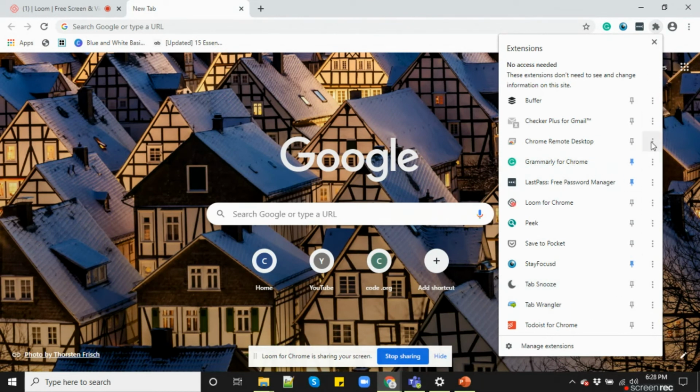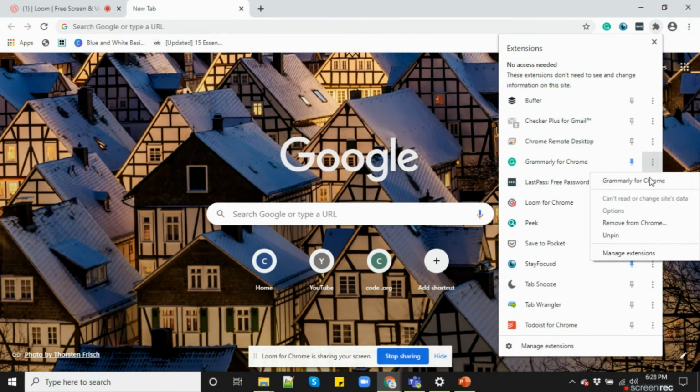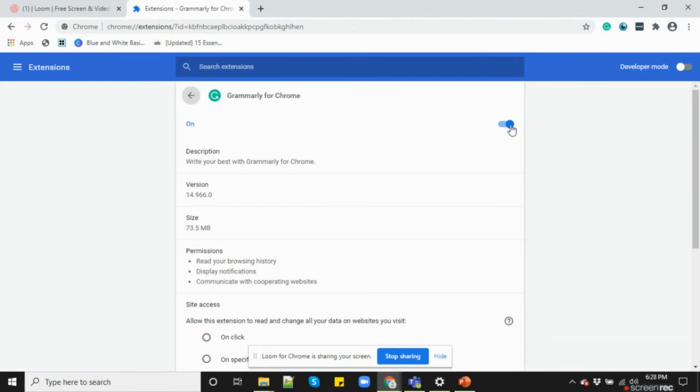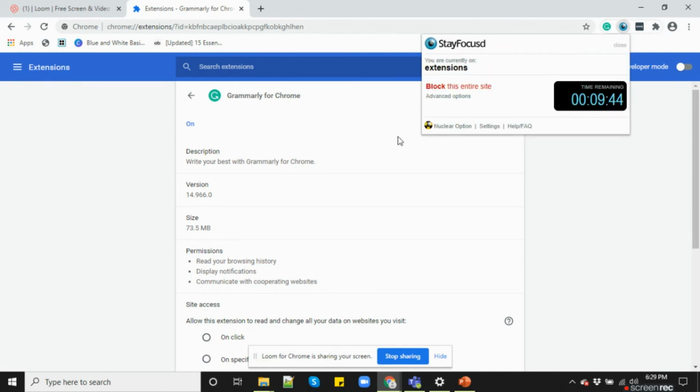Okay. So at the same time, if you go to Grammarly's manage extensions here, you can switch it off where you don't want to use it at a particular place. You can turn it on and off like this, and then it won't work, so that whenever it is required, you can come back to it.